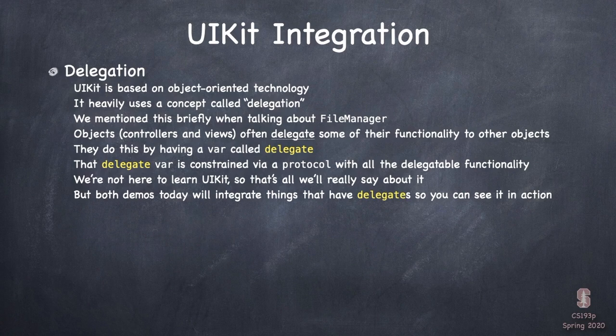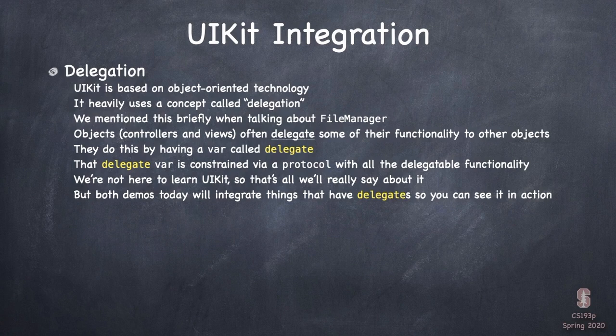And this protocol has a lot of things in there like, I will do this, and should I do this? And I just did do this. Those kinds of notifications are happening between the view or view controller and this delegate. So when we do our integration between SwiftUI and UIKit, we have to somehow provide this delegate so that this